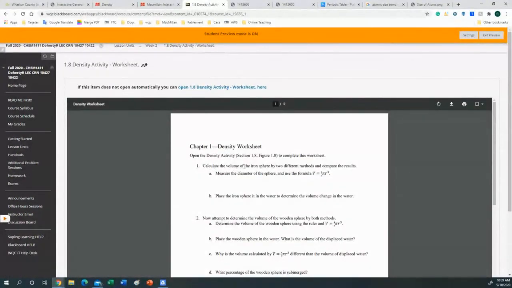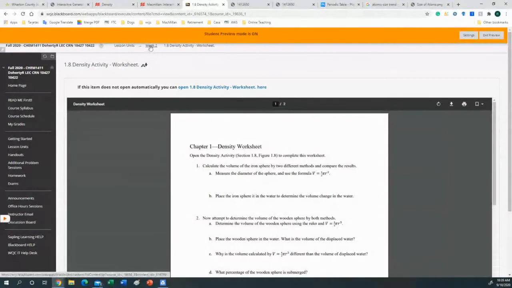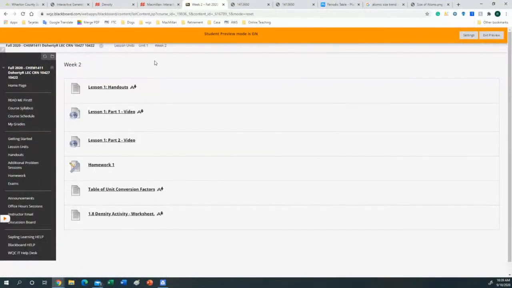All right, so it says calculate the volume by 2 methods. So measure the diameter. Remember I did that, and use that formula. Place the iron sphere. It tells you exactly what to do. Now I don't have the solutions to this activity, but if you decide that you want to do it, as I say, it's not mandatory, but if you decide you want to do it and you want to double check